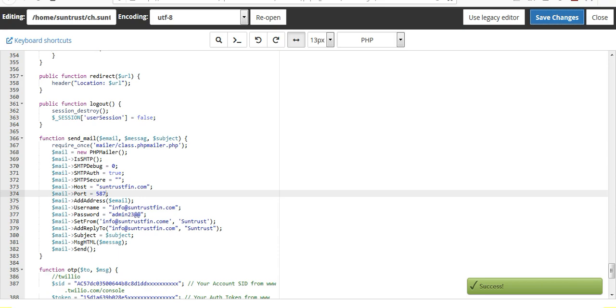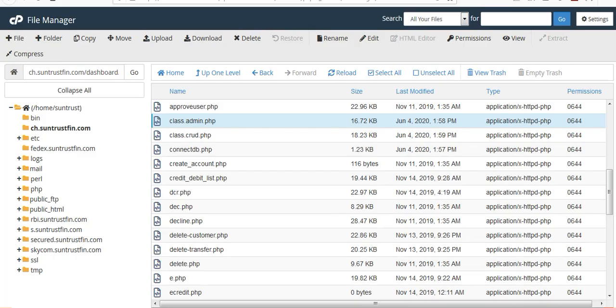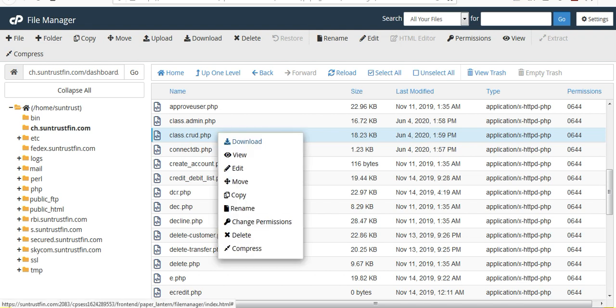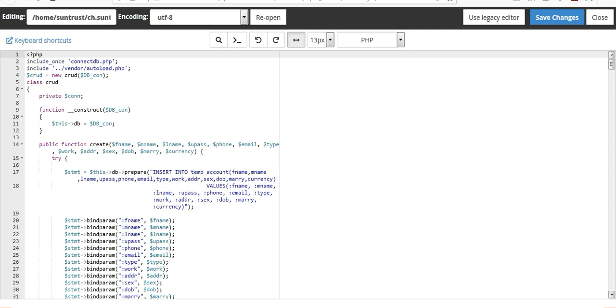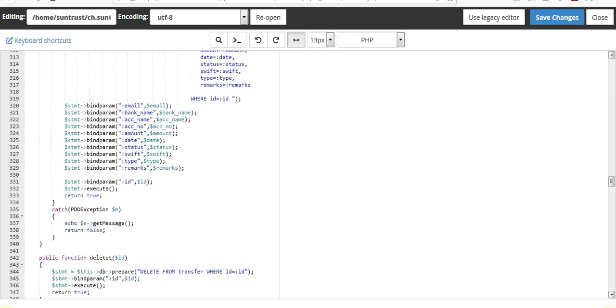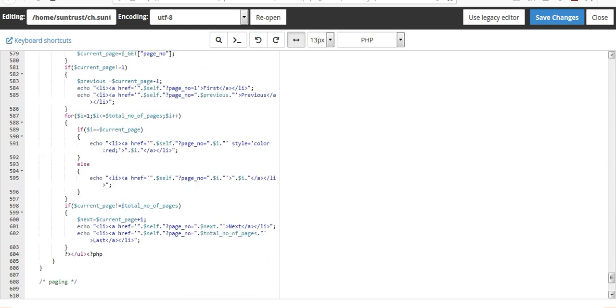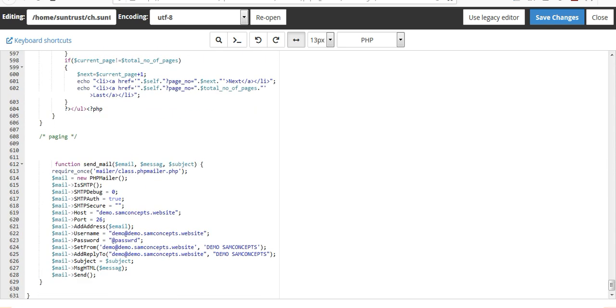So that's it. Then the next thing again is there's another file that is called class.root.php. You are still going to repeat what you did before there. So let's just do it. Scroll down as well. Then your site name here, your sitename.com. Then the port, I think if your own port is 26, make sure you leave that 26, but